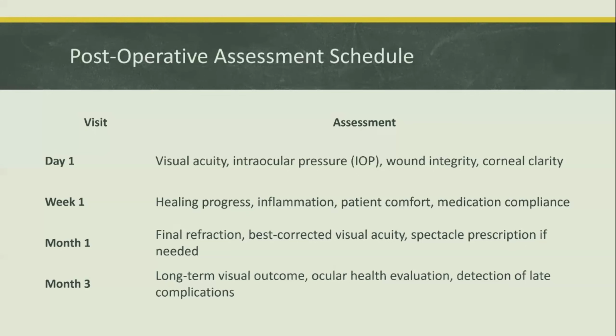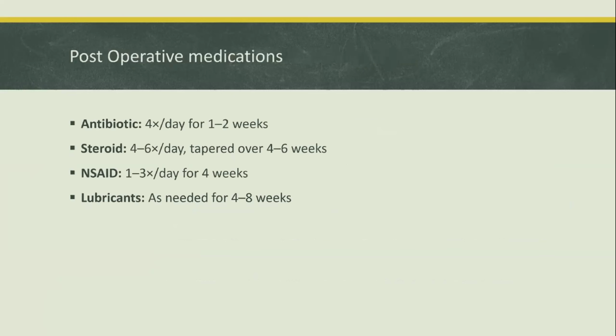And the third month is for any long-term visual outcome, to assess the ocular health evaluation and detect any late complications like PCO. So medications we have to see, like antibiotics will be given 4 times a day for 1 to 2 weeks,